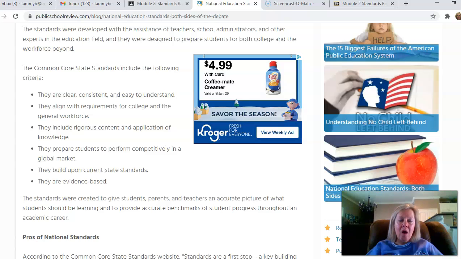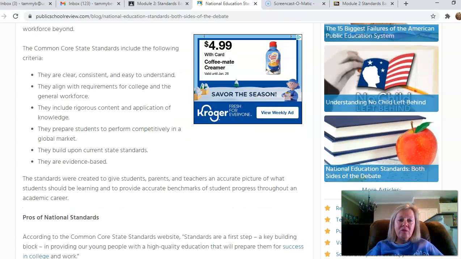The Common Core standards were put in place so that nationally we could all kind of be on the same page about what children are learning at different grade levels and in different content areas. So they prepare us competitively with other nations and also within our United States as students move from place to place.